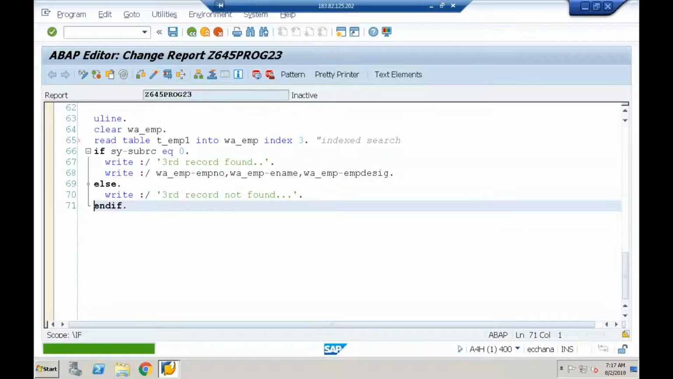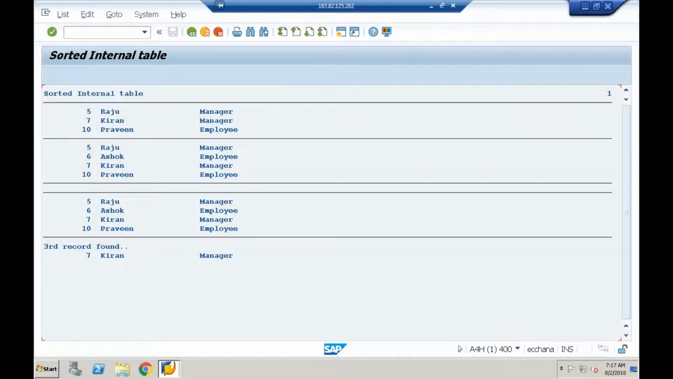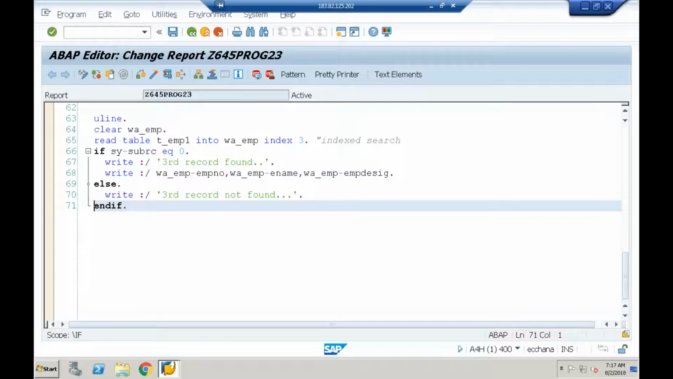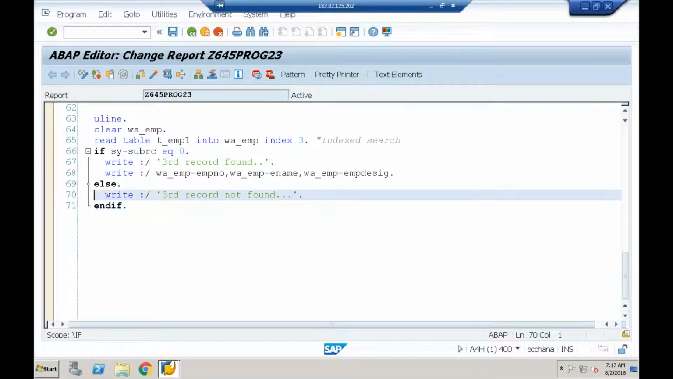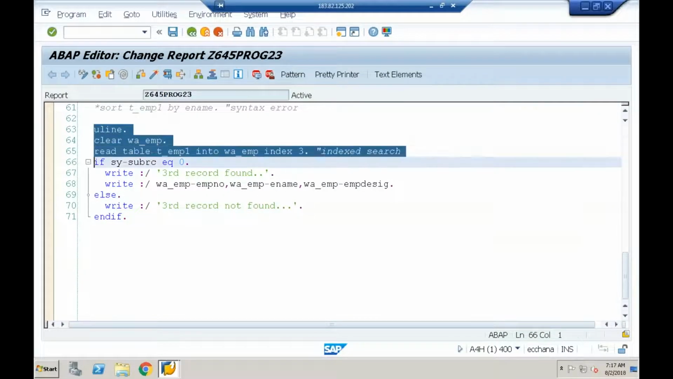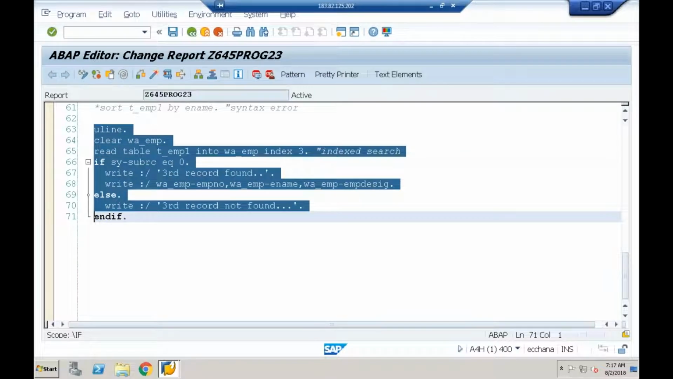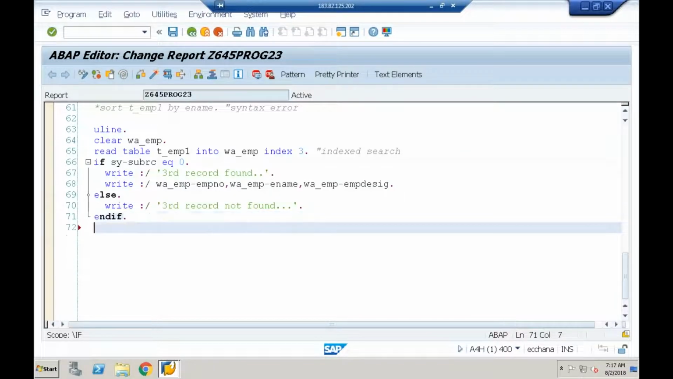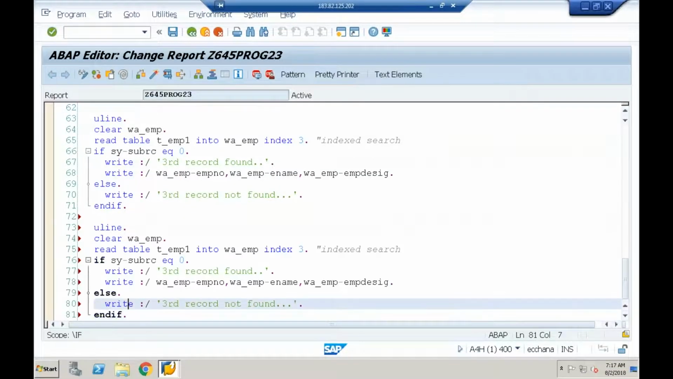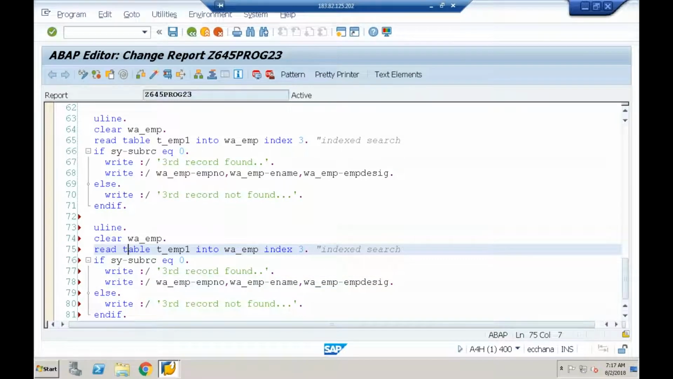Suppose here I want to search for a record whose employee number is 6. So I don't know the position now. I know some information about the record. What is that information? Employee number is 6. So read table T_EMP1 into work area